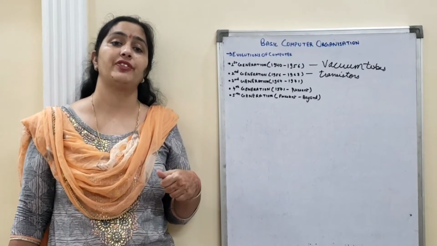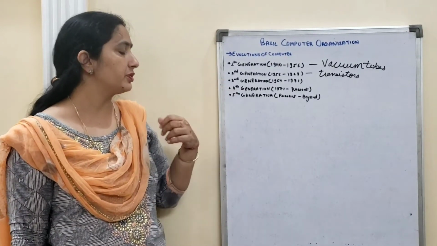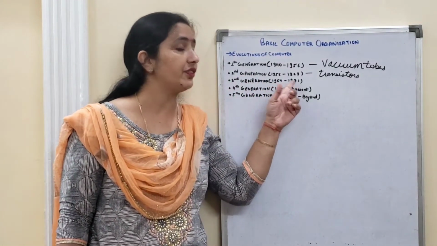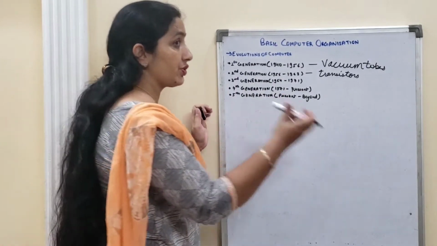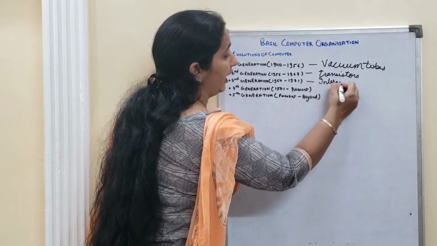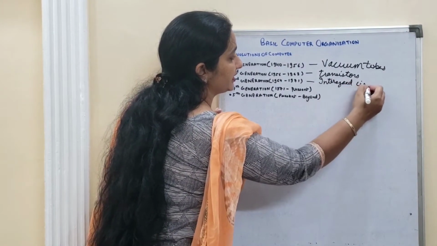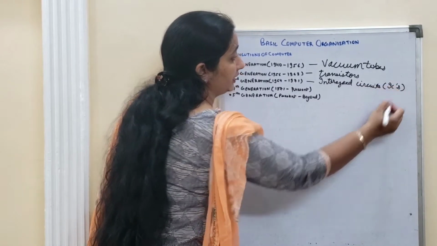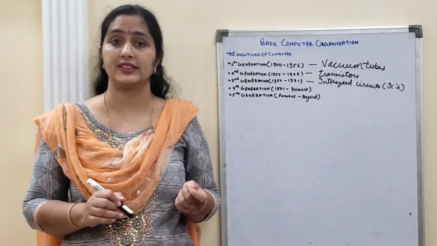That is also one of the factors that people could not afford to use the computer. Now next come to the third generation computer, which started in the year 1964 till 1971. Here they have started using, which you all have heard as well as you all have seen, integrated circuits, which in short form I hope you all have heard, that is ICs. Now they are again very small in size.